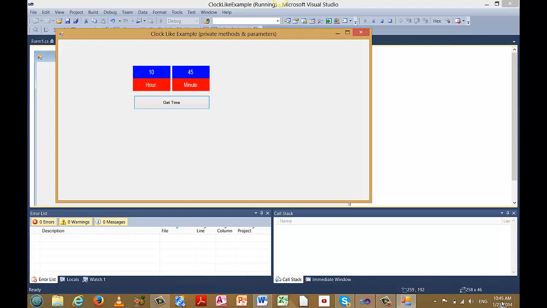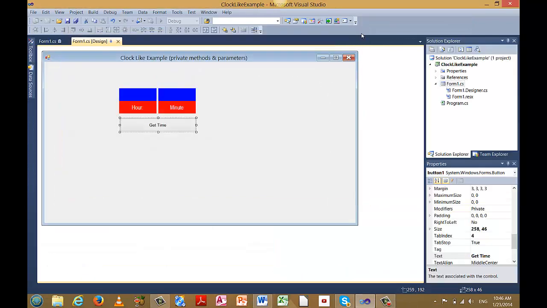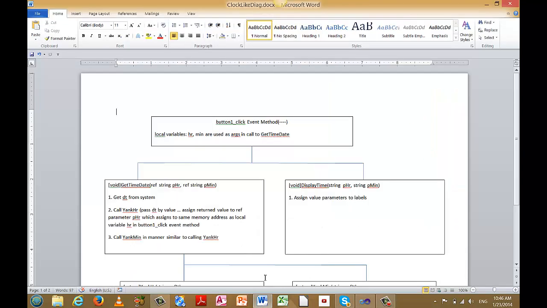the clock. So as my luck would have it, there it is. It finally switched to 46, and if I click again, then it updates with 46. Okay, so I think that should be clear to you. Let me go ahead and stop the program from running. And before we look at the actual program code, let me flip over here to a Word document that I prepared. And so I'm